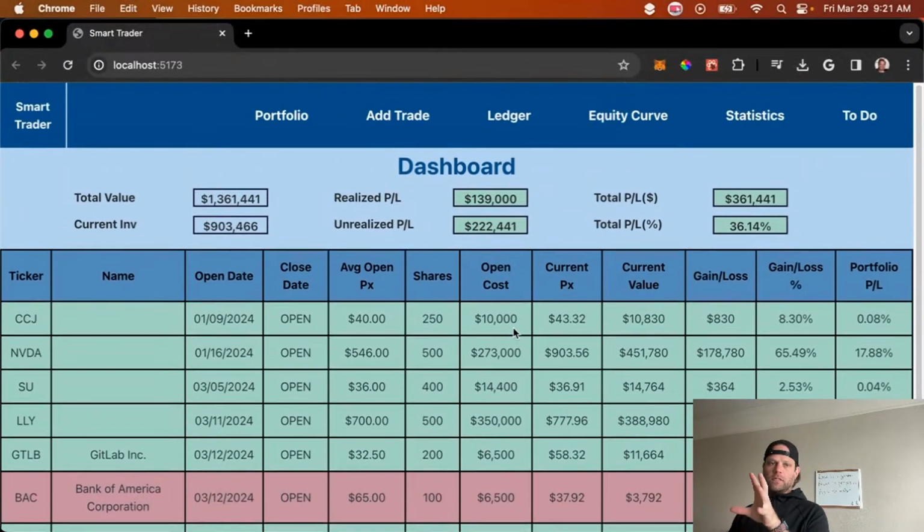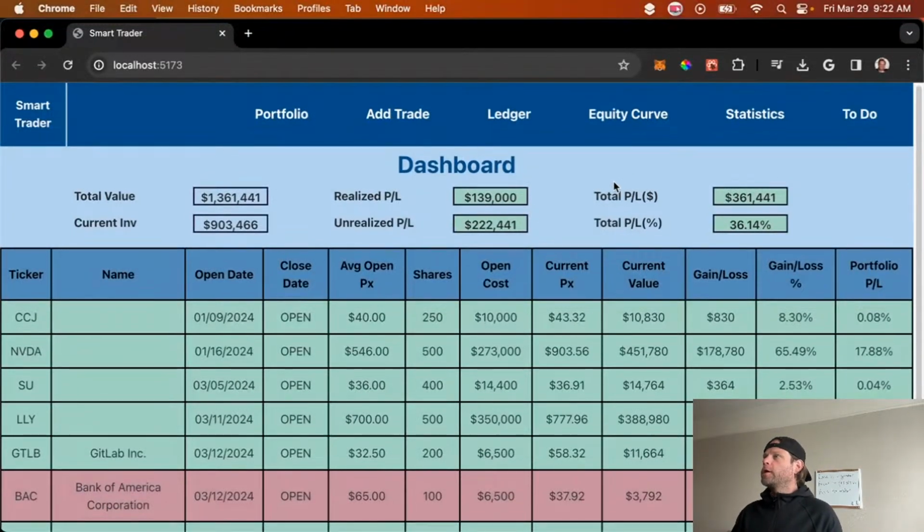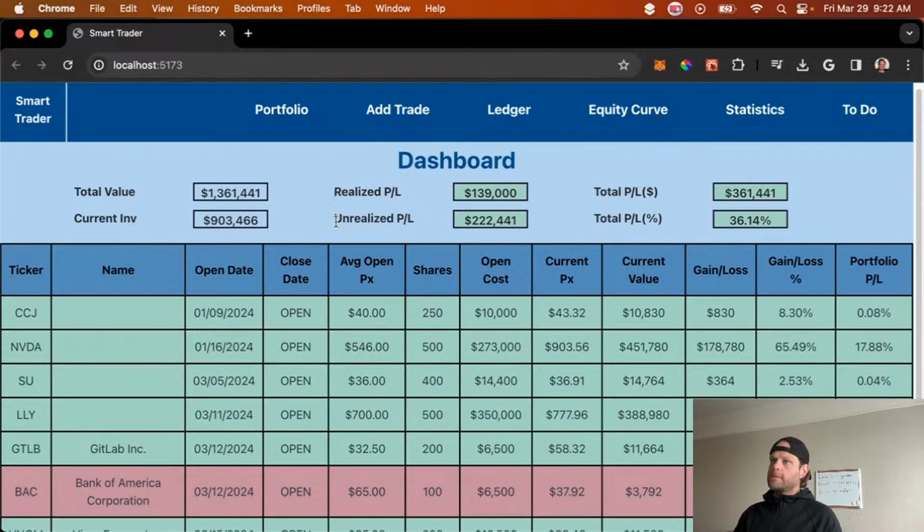Basically what I have set up is when you come to the homepage, it will be the dashboard, and the dashboard will be all of your currently open positions. At least for me, that's the most important thing, because the closed positions are what they are. When I wake up in the morning, they're not going to be affected by the market. So the dashboard will show me the total value of the portfolio, which would be closed positions plus cash, and the